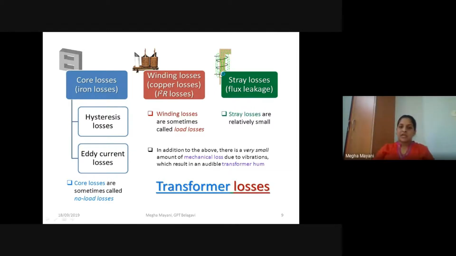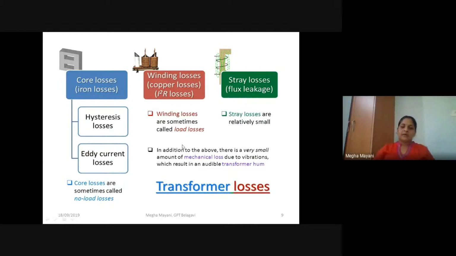And you have a stray loss, which is also called flux leakage. So you can see here, other than the flux within the core, you have some leakage of the flux into the surroundings. So this constitutes the stray loss. These losses are very small or usually negligible. Hence, we will be considering the copper loss and the iron loss in the numericals or the topics